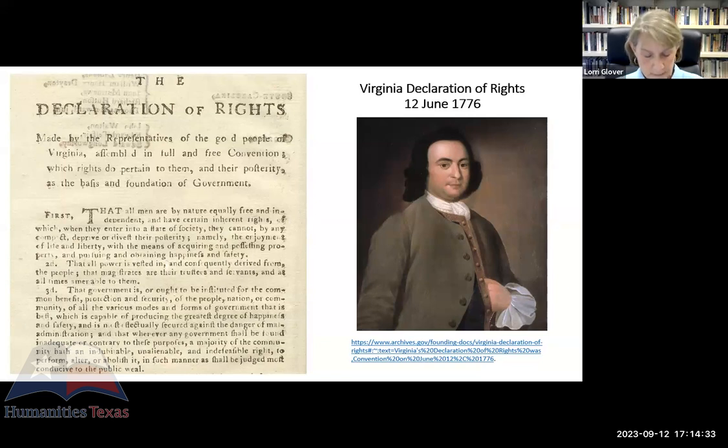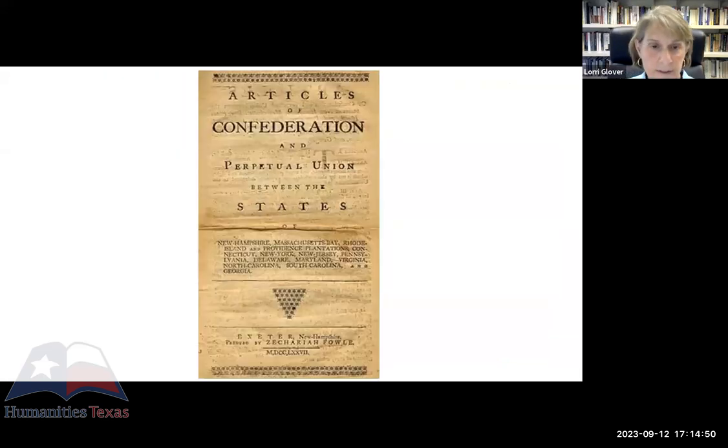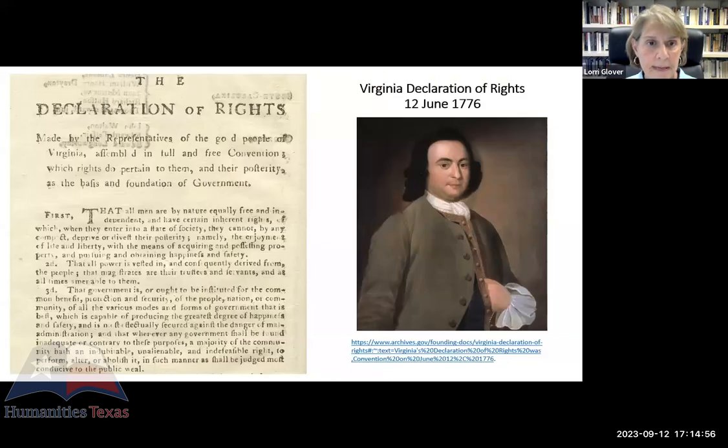Thomas Jefferson borrowed from Mason for the Declaration of Independence with those sweeping claims about universal rights. And James Madison borrowed from George Mason when he crafted the specific list within the Bill of Rights for the Constitution. Remembering those links leads us toward better appreciating the significance, which is often overlooked, of state governments in the 1770s and the early 1780s. Virginia was not the only state to draft a Bill of Rights in the 1770s.